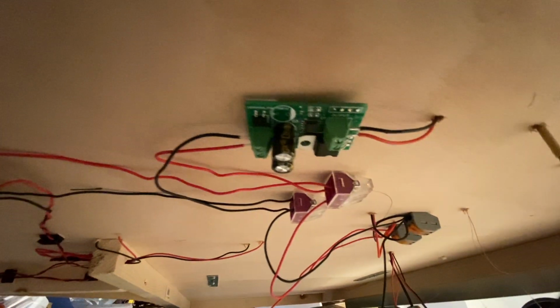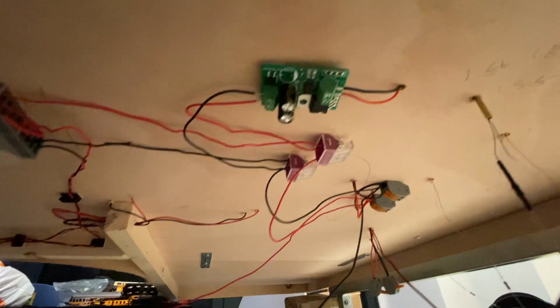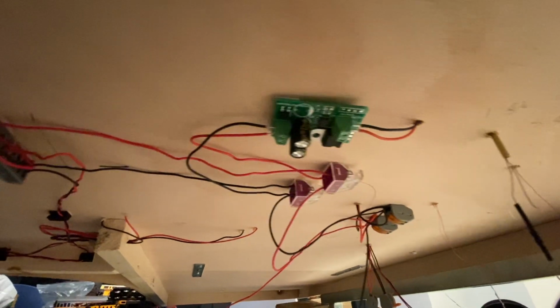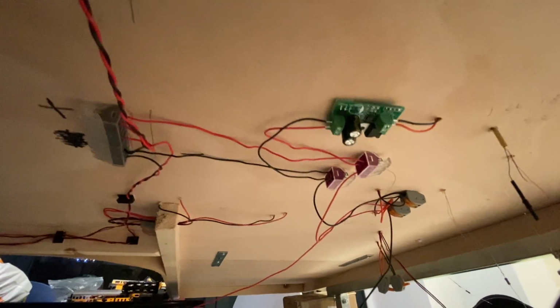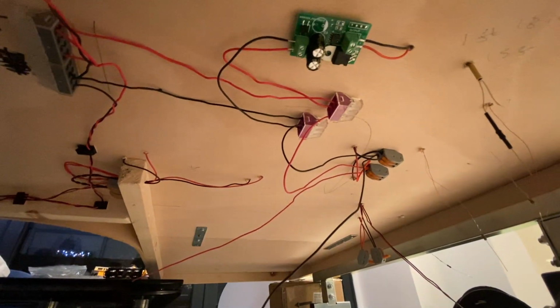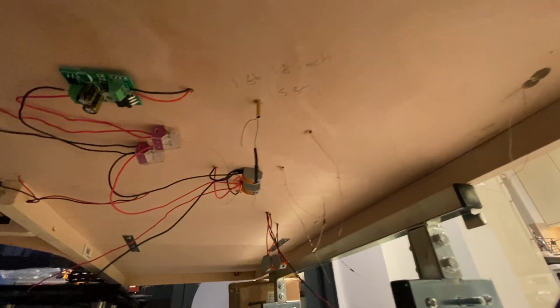Just here is the flashing circuit for the welder, which was £10 on eBay, £9.99 post and packaging included, which I suppose for the circuit board and the 2 lights isn't too bad. And then just dangling down here are all of the lampposts. So I'm just going to get to work on getting a couple of these bits wired up, and join me back in a second with